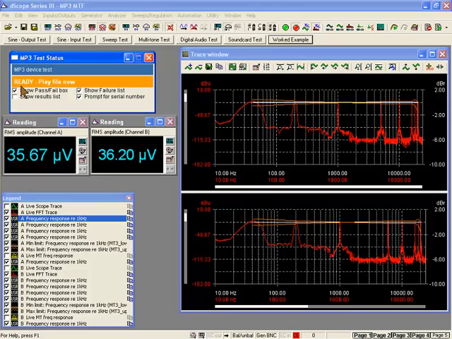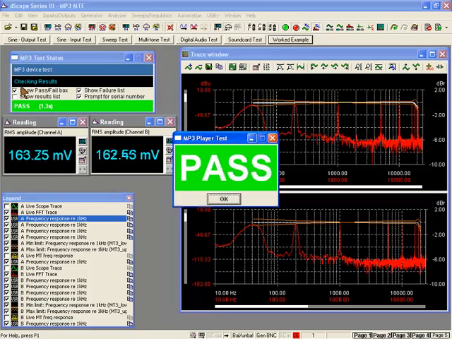So as soon as I press play on my MP3 player and the test file is detected by the Dscope measurement system, the measurements will commence automatically. So without further ado, let me press play on my media player, which I'm doing now. And you will have heard in the background that the test file has played out. You heard the multitone, and we can now see the result. The result was a pass, and it took just under 1.5 seconds